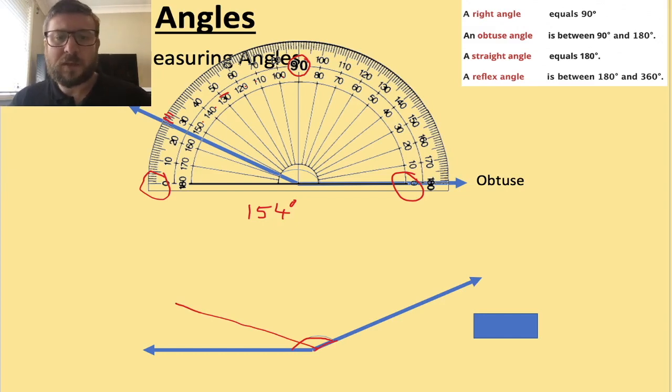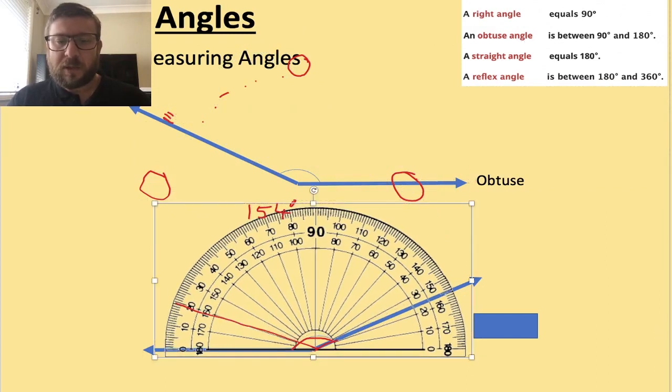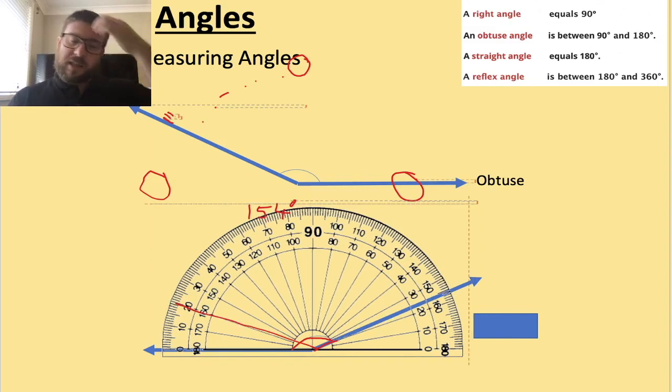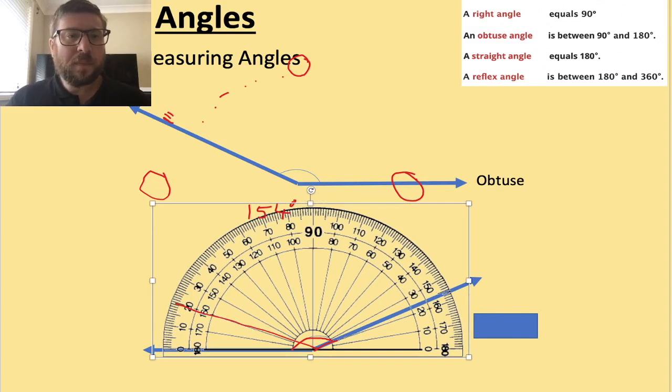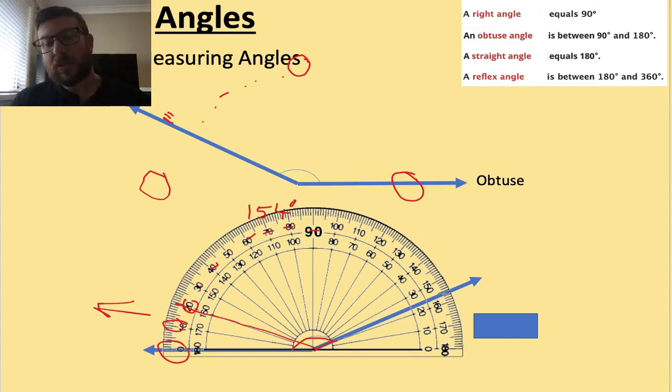Let's use our protractor. So let's grab our protractor down. This time we're lining up our protractor, our 0 along the bottom, along to our 90. We're lining up our 90 at the end of our line. Because we're lining up our 0 to this side of the protractor, we start with 0 here. So 0, 10, 20, 30, 40, 50, 60, 70, 80, 90. There's our 90 degrees. We're greater than 90. 100, 110, 120, 130, 140, 150, and 155,